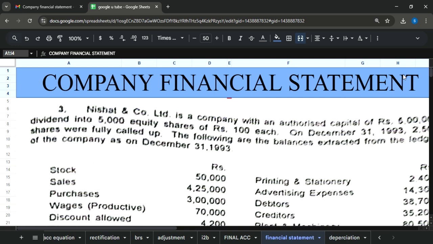Today's target is to understand question number 3. The chapter we are dealing with is company financial statements. It's the beginning, and we are starting a new chapter for the very first time. This is the company financial statement. It is similar to the simple financial statement, but because we are dealing with a company,